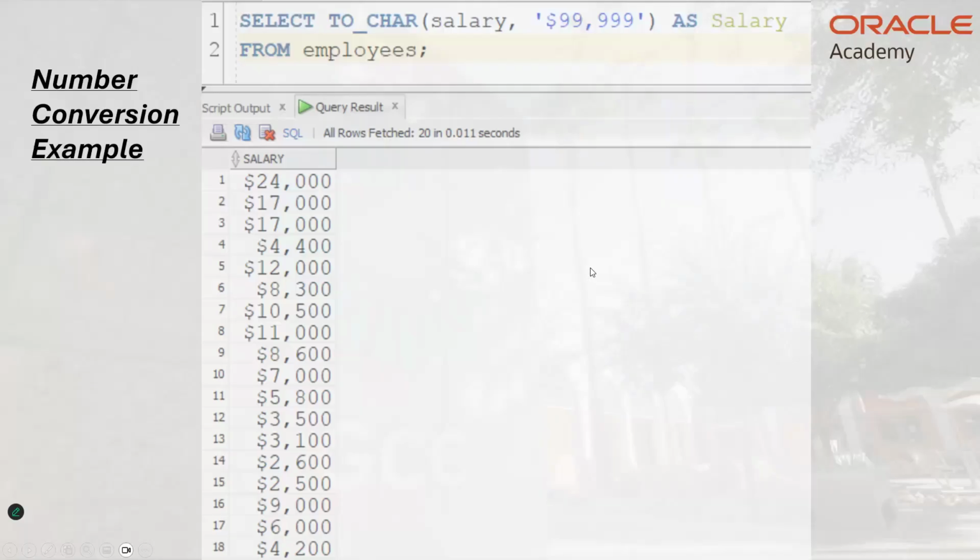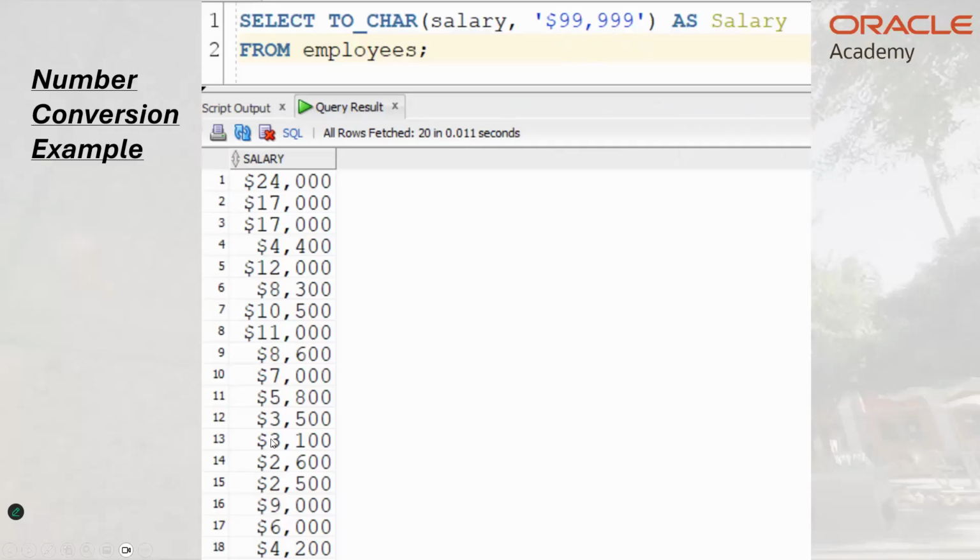All right, let's look at some examples. So select TO_CHAR salary from employees. This is the format. We're actually formatting the salary, the monthly salary. We add the dollar sign, and then the actual formation or display of the numbers, 99, comma, and we get